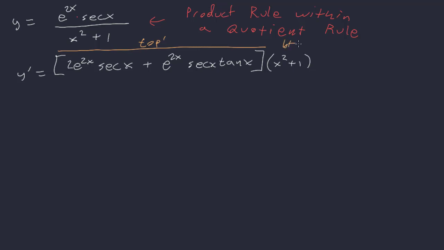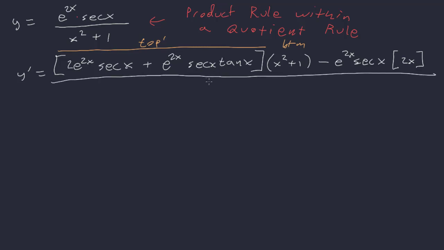So this is just the bottom, minus now the top left alone, times the derivative of the bottom, which will just be 2x. And this whole thing all over the denominator squared. So here is the top left alone, and here is the bottom differentiated, and this is the bottom squared. As I've said before, we can just leave it like this. Just plug that into